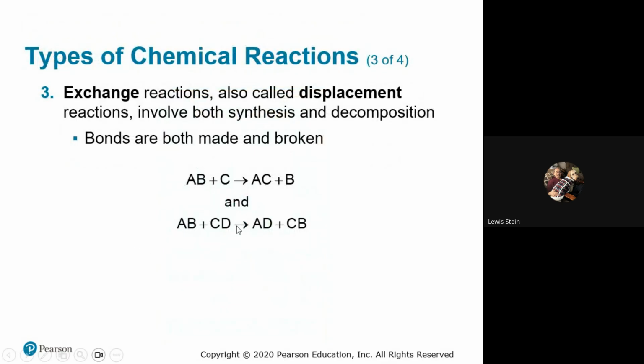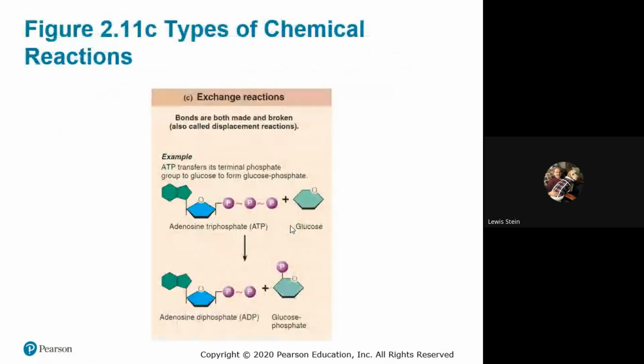And yeah, we can flip things. We can put C in here for B. We could flip D and B together. That's called exchange or displacement. I never called it that. Who cares? This is a biggie. When we get to it,